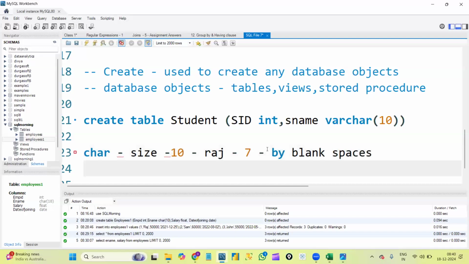It will just write like this, RAJ. Three letters are done, right? Again, 7 letters, it will take spaces like this: 1, 2, 3, 4, 5, 6, 7. Like this, whatever size I defined, say 10, all that particular size will be used if I am using